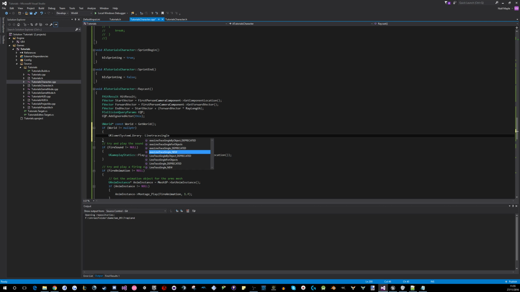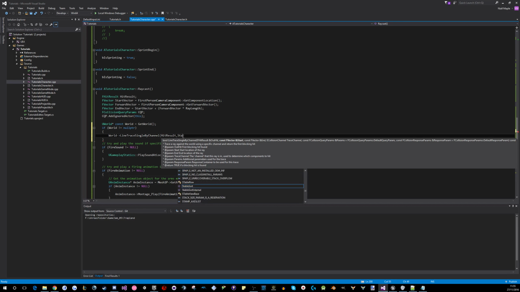Sure about these. I've never used it from here, but there seems to exist something. Not the same name exactly, but what we're going for is line trace single by channel, because we want it to only hit the first thing it hits and then stop. So now you pass in your hit result, your start vector,